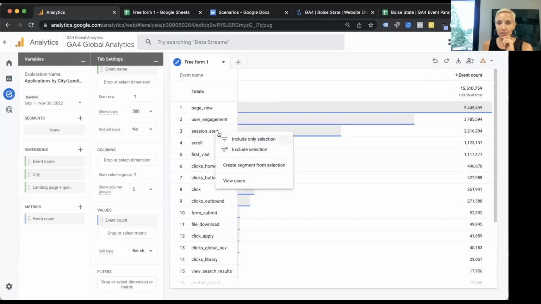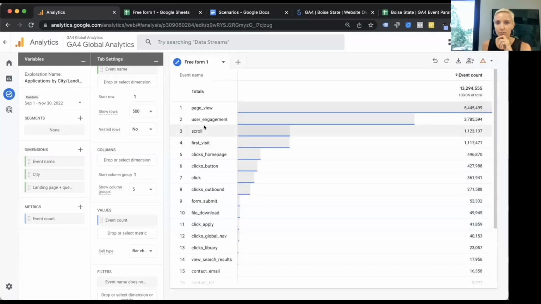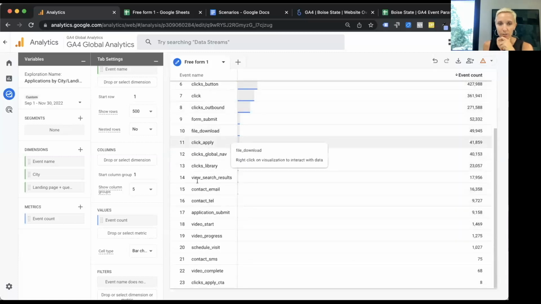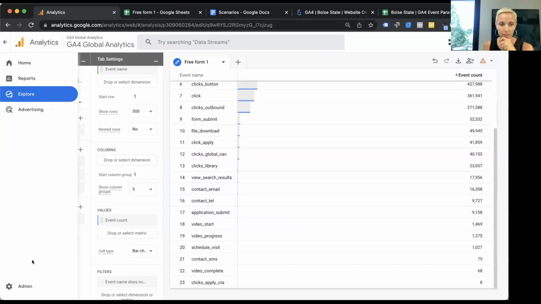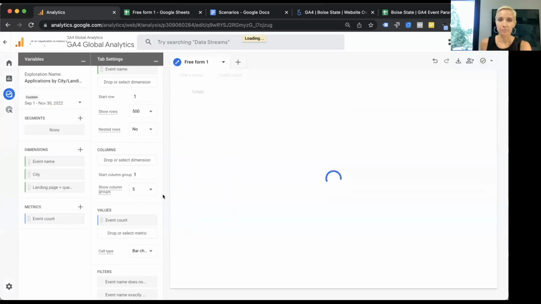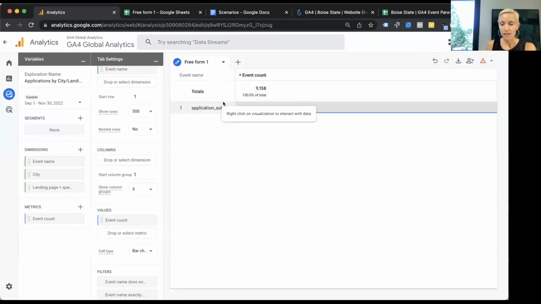And instead I could just exclude. You could select rows and exclude a few. But in this case, we want to include only. So I'm going to go back to my application and do include only. Okay, I have 9,158 applications in this time frame.